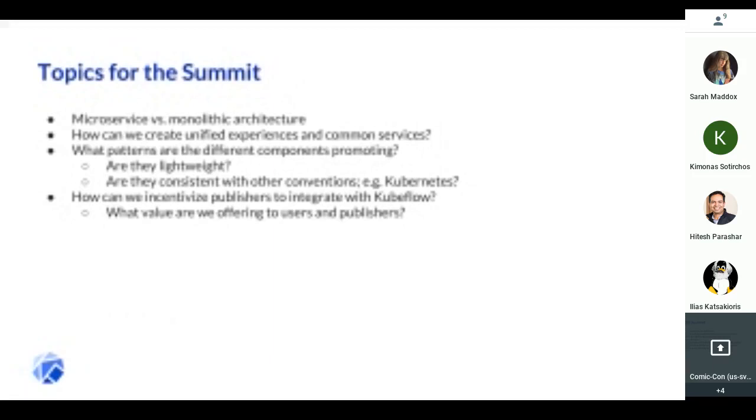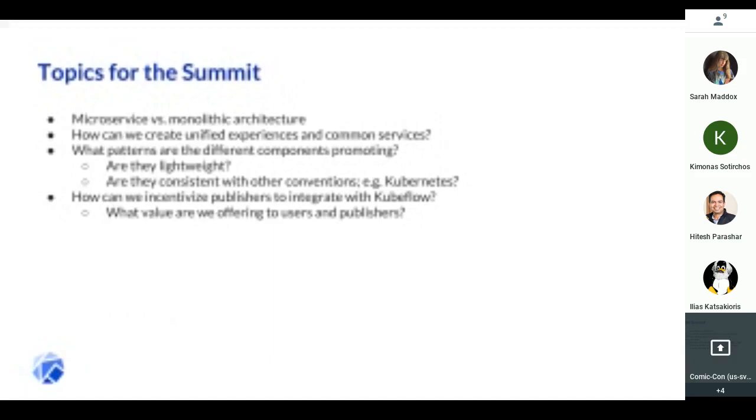So first, I'm clearly a strong proponent of a microservice-based architecture, but it is not the only option. So I think we should continue to discuss this and look at other competing architectures, and architectures that could be more monolithic. I think, like I said, one of the problems that this creates is, how do we go about creating a unified experience across these different layers and these different common services that are going to promote that unified experience? So I think that's a huge topic that we should continue to discuss.